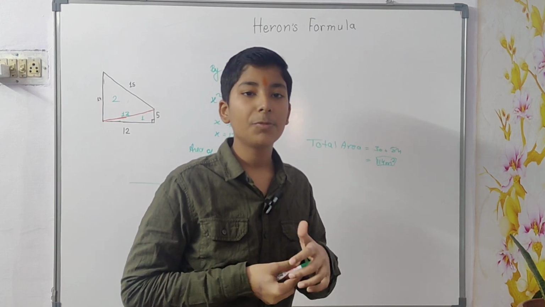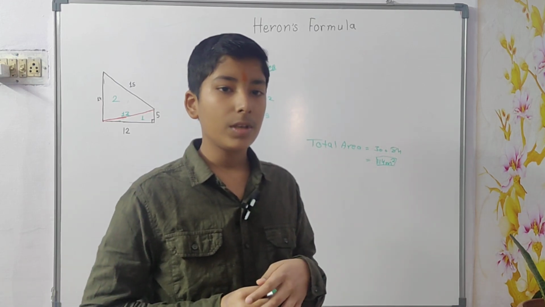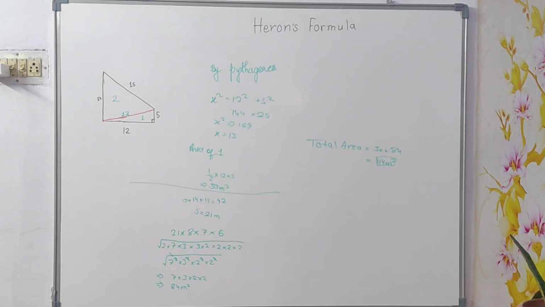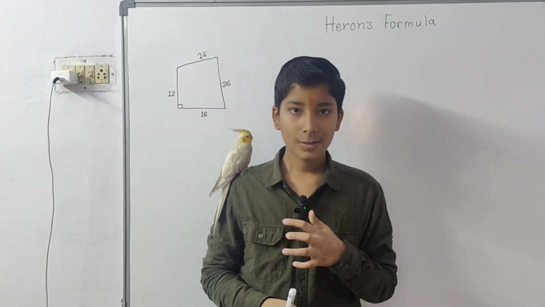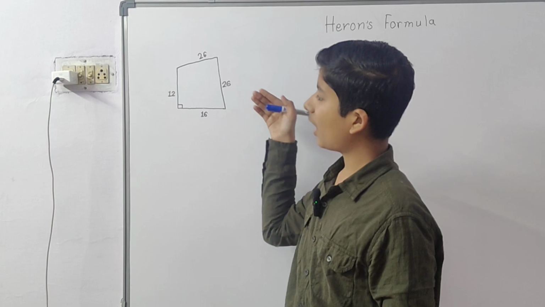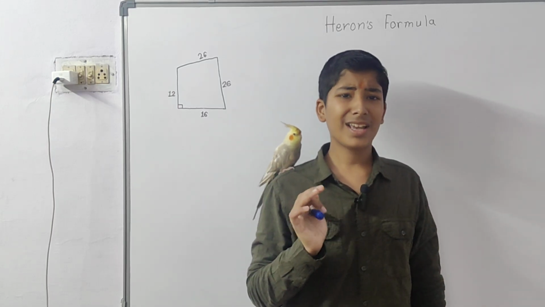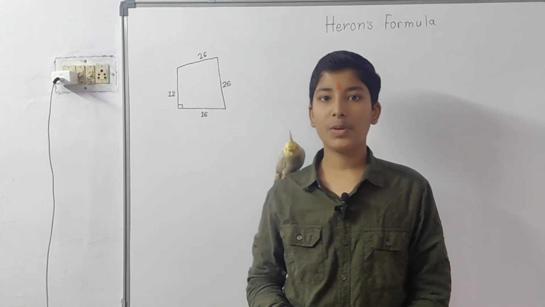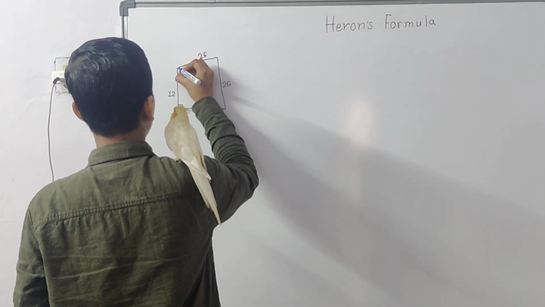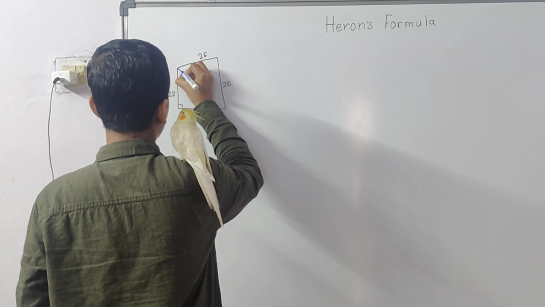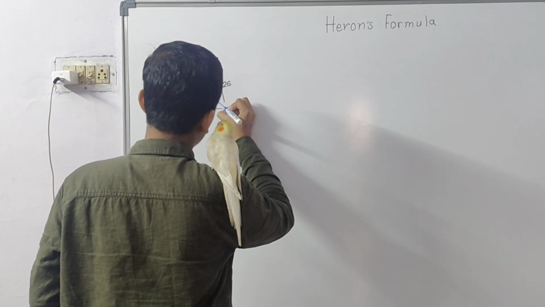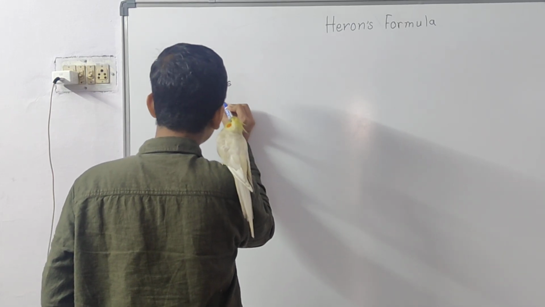Now we will come to our next question, which will be a little bit the same as this question. So friends, in our next question, we have to again find the area of this figure. Again use the same concept as before. So we will again make the line, which I have erased by my hand.